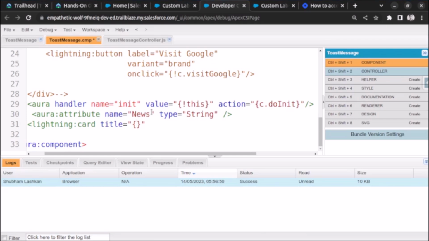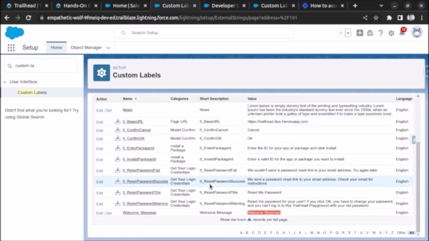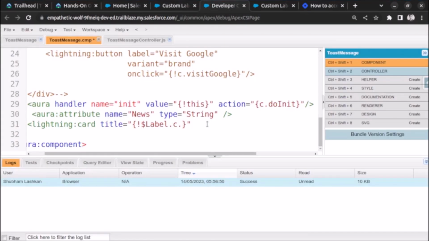So here we will write $label, and let's write label and the namespace. So in this org we don't have any namespace, so I will use C. After that we have to use the name for that label. So for welcome message we have this name, welcome underscore message. So I will use this welcome underscore message, and let's close this component and let's see if it is reflecting or not. So it is giving me error for Aura